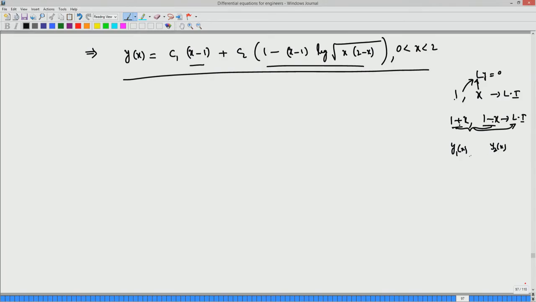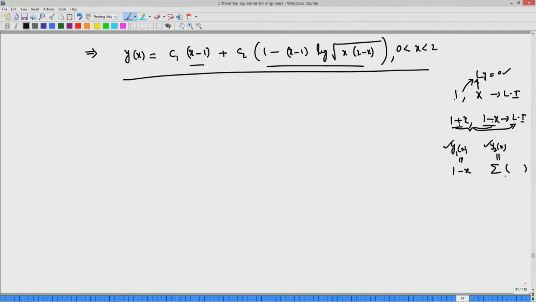So, when you are given a second order equation, by the power series method, when you determine the solutions y 1 and y 2, you do not know exactly. Sometimes when it is matching directly, you may see that you get x minus 1 or 1 minus x. What is your solution? The first solution you got is 1 minus x. The second solution you are not sure of, it may be a combination of y 1 plus y 2 as a series. So, you do not know exactly, see y 2 is actually 1 minus x minus 1 log square root of x into 2 minus x. So, the series solution which you may get,